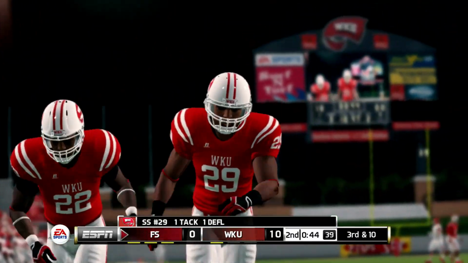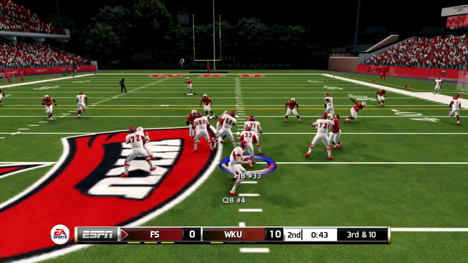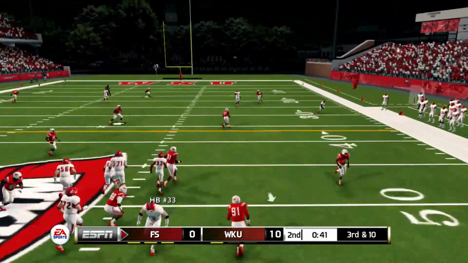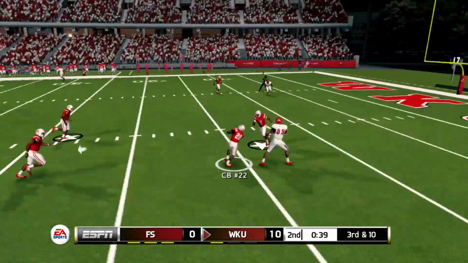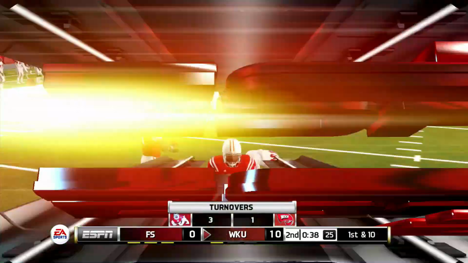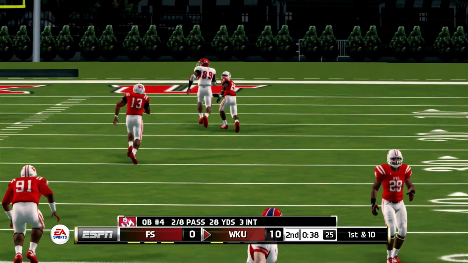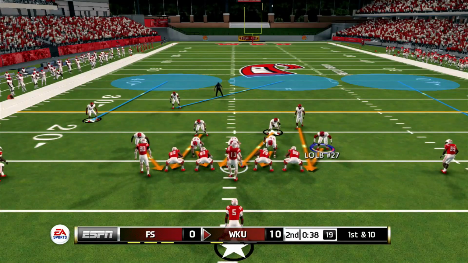Instead, it's number 29 that was there for another deflection. Now it's 3rd and 10, 44 seconds remaining. Quarterback is going to try to go for it again, and boom, it's another turnover. Make it the 3rd by WKU, and as a result, it's going to make it very tough for you to get some points to end